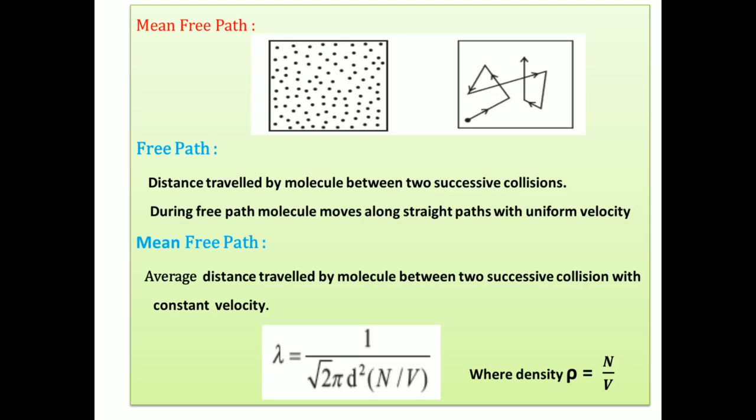The metal is heated and evaporated in an enclosure. The pressure in the enclosure is reduced, means gas molecules are removed. Then what happens there? The mean free path of air molecules goes on increasing as pressure reduces, and then this mean free path becomes larger than the dimension of the enclosure.